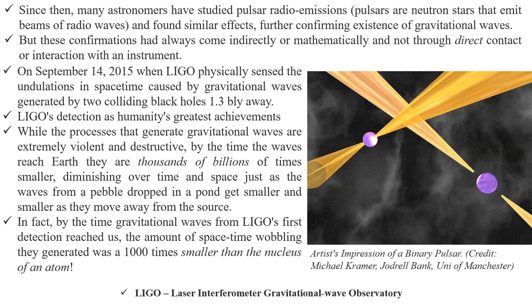A light year is how far light can travel in 1 year. So it is 1.3 billion times the speed of light, into 365 days, into 24 hours, into 60 minutes, into 60 seconds. That is the distance where the two black holes collided, and that energy, even though it was traveling at the speed of light, generated gravitational waves. Those gravitational waves were detected by the LIGO observatory using a special technique.